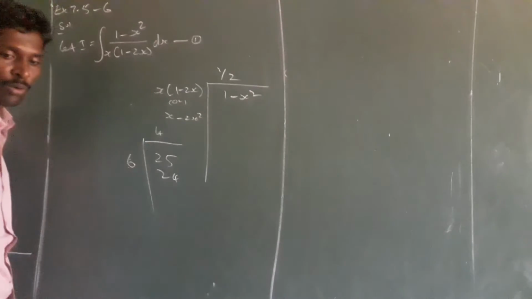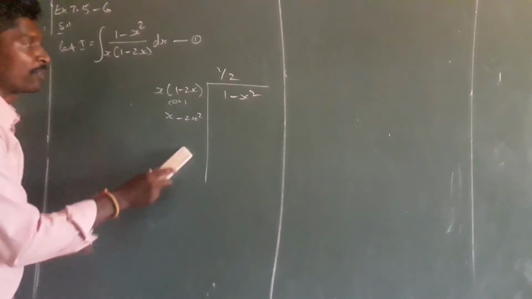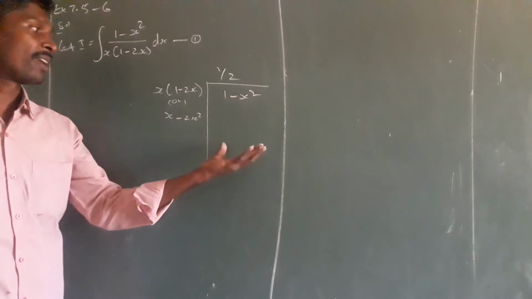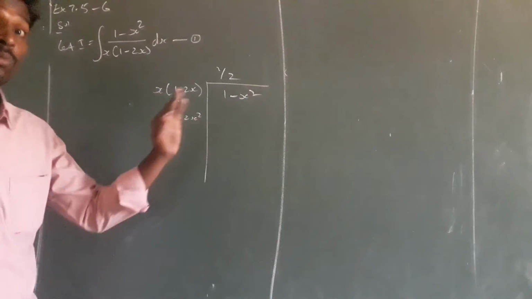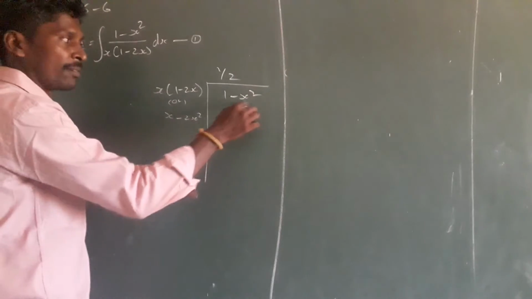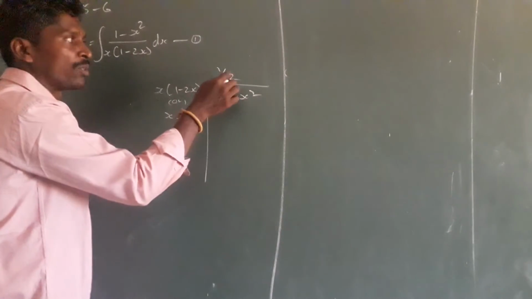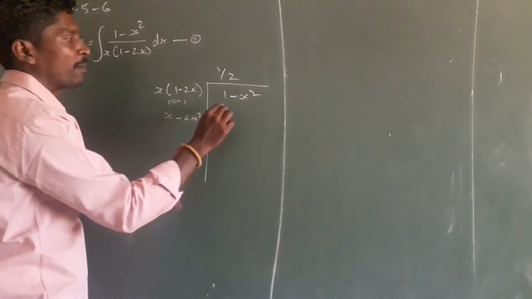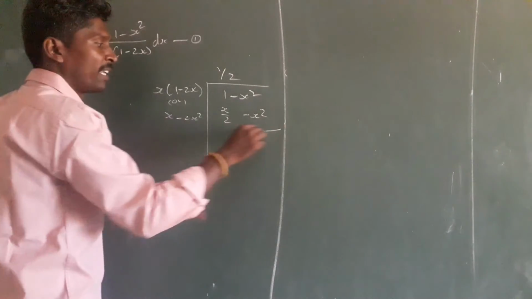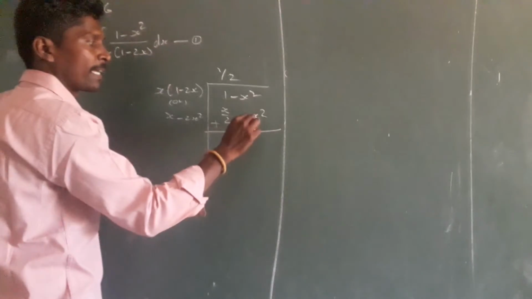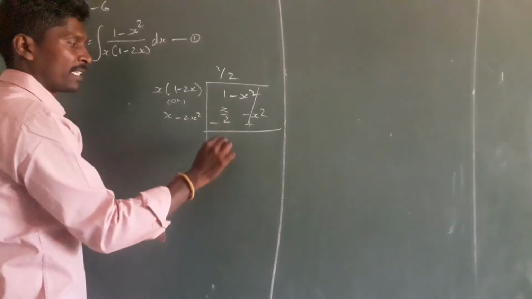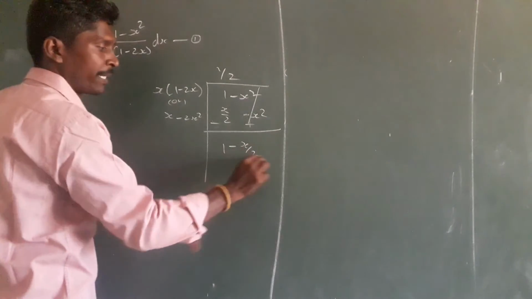The same thing we are going to follow. But how do I select 1 by 2? In order to eliminate x squared. After division, I want to get a degree less than the existing one; I don't want more than the degree that is already there. So I want to remove the x squared term, and the coefficient is written as 1 by 2. When multiplying 1 by 2 into x, it becomes x by 2. When multiplying 1 by 2 into 2x squared, it becomes x squared. Now change the symbols: plus and here minus will come, here plus. So the x squared term is eliminated, the constant term remains, and we have minus x by 2.